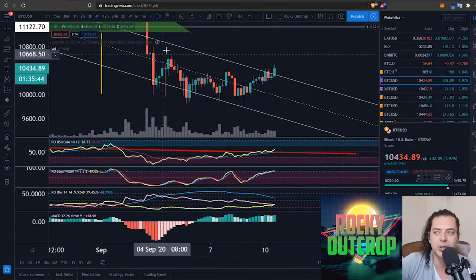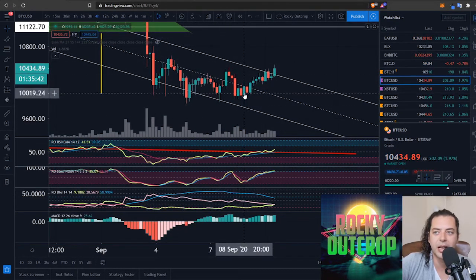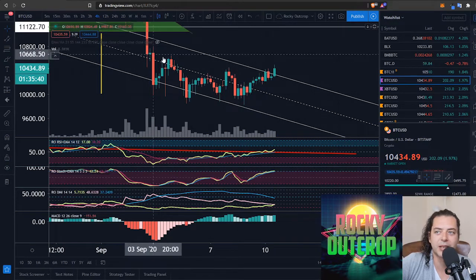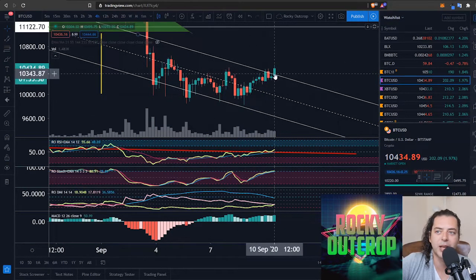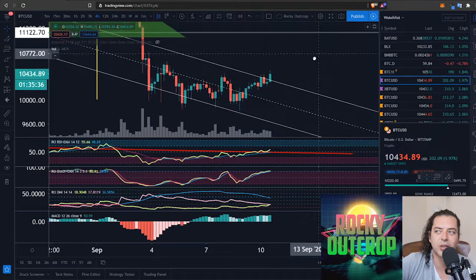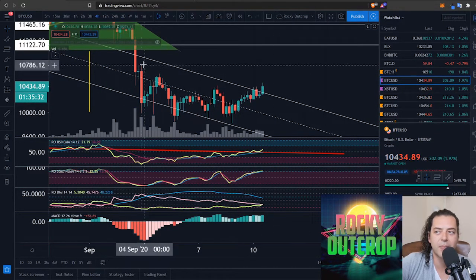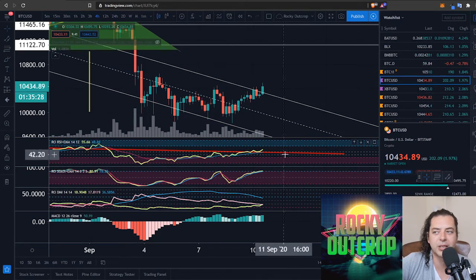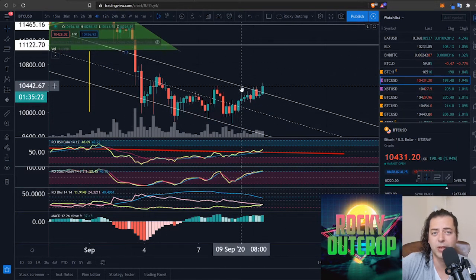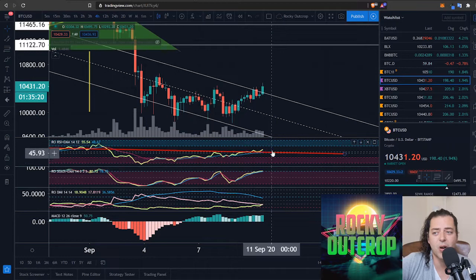If this was a shoulder, a head, and a shoulder, and then we've come up towards the neckline area and broken along past it just now, then it would take us all the way potentially as high as 10,800 in terms of measured move, back into and around this sort of inflection zone over here. And we'd be asking questions then at that point yet again: are we going to be pushing past this and we've burnt off all of the necessary bearishness from this, or will it come back down again and fill in that CME